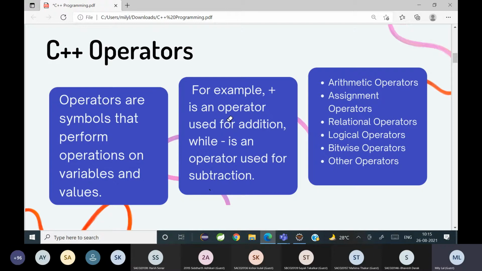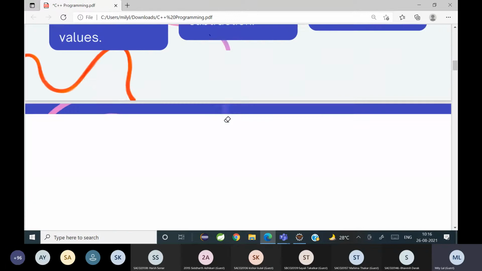So we have six types: arithmetic, assignment, relational, logical, bitwise, and other. Other is not a name, it's just whatever is remaining that doesn't come under the above five types. Now we can see examples of each one of them.